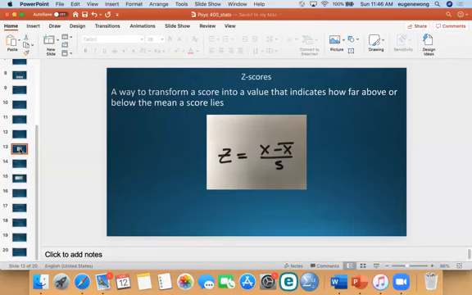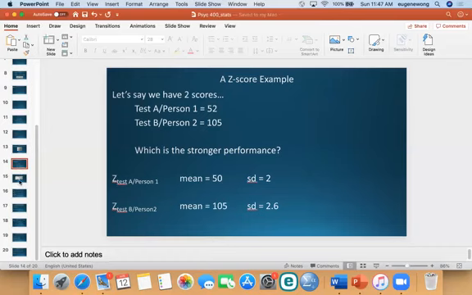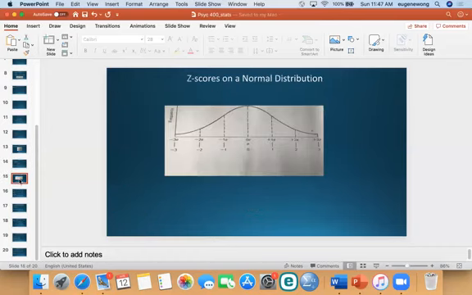You could calculate a z-score for person 1 or test 1, then calculate a z-score for person 2 or test 2, and you would have now two scores that you could put on a graph that looks like this,